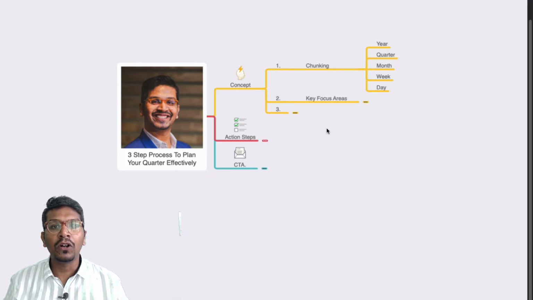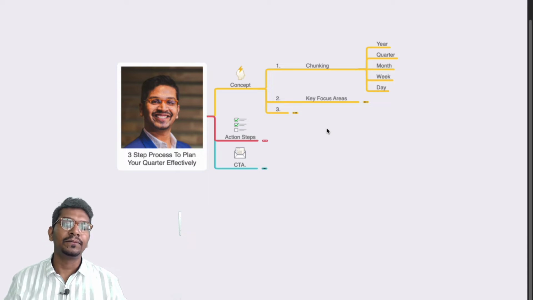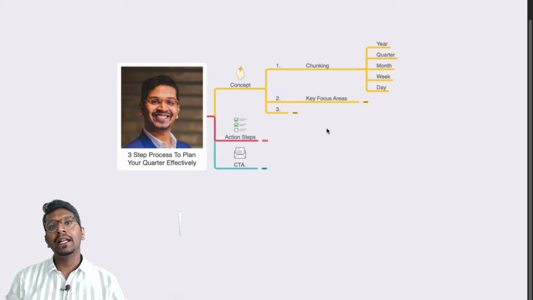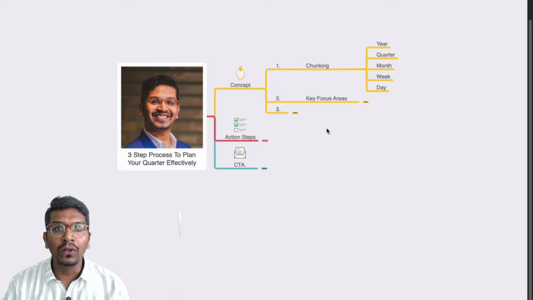The second concept I want to talk about is the key focus areas. It is very essential that you know what your key focus areas are. As a business entrepreneur, you need to be clear about what your exact job role is and what activities you need to focus on.